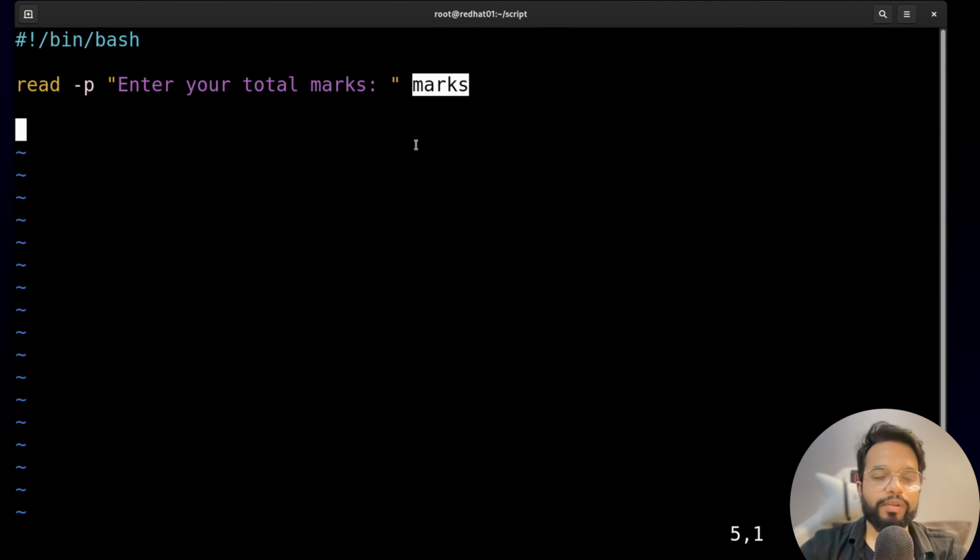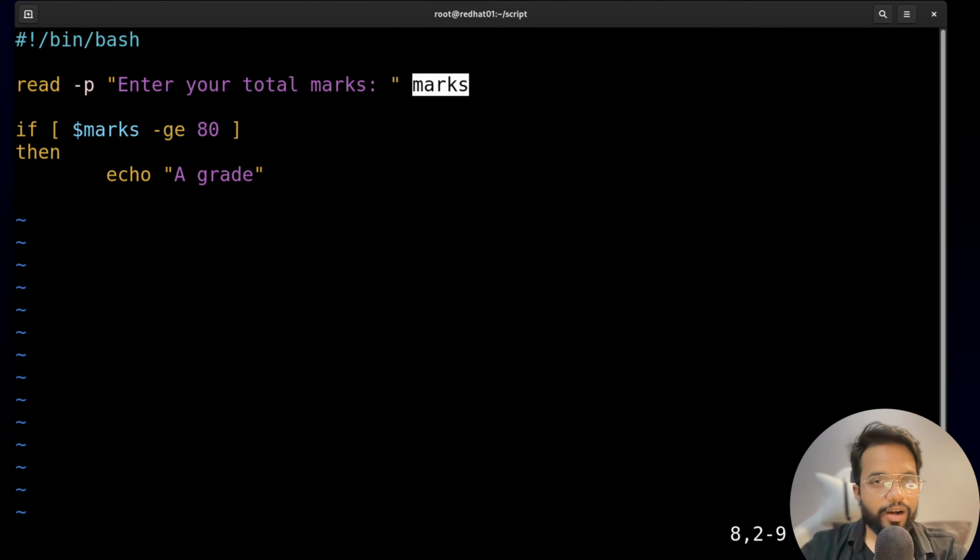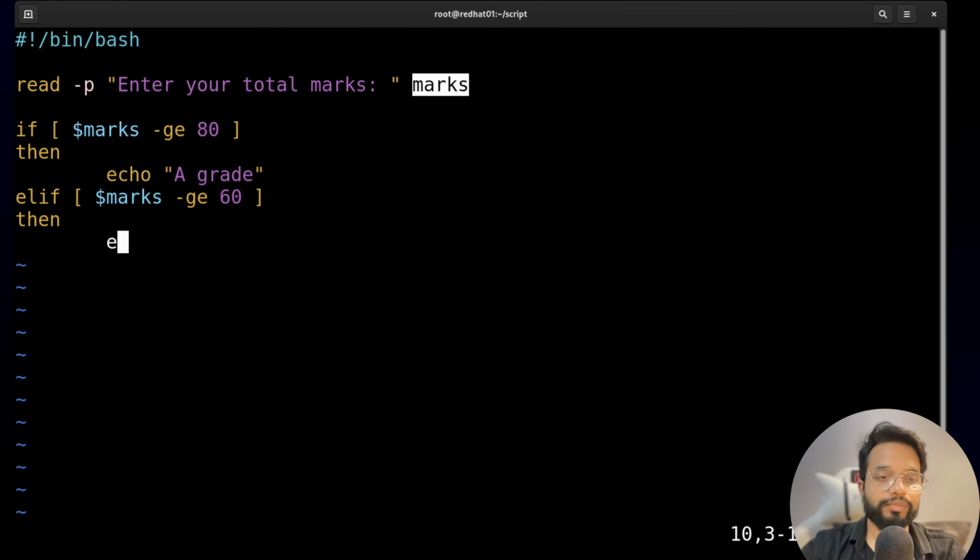Now I will provide the condition. If $marks greater than or equal to 80, let's say 80, then echo A grade. After this we can provide another condition using the Elif. But after the Elif you need to provide the condition like this: $marks greater than or equal to, let's say 60, then echo